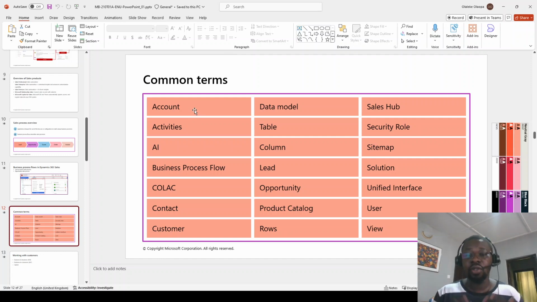So accounts are basically companies that you've done business with. So I had a lead before, the lead became an opportunity, and it's now an opportunity won. When it's now an opportunity won, it's now a customer, so it's now an account, basically. So activities include